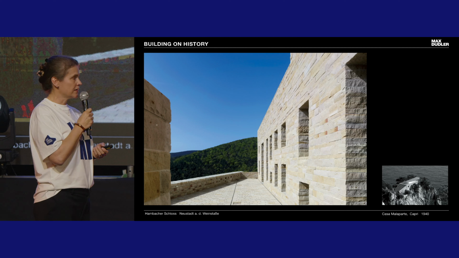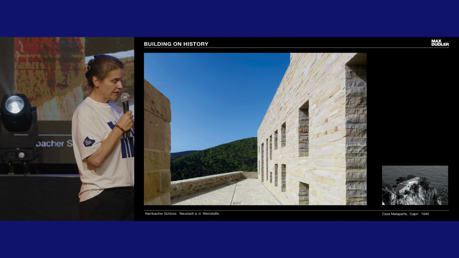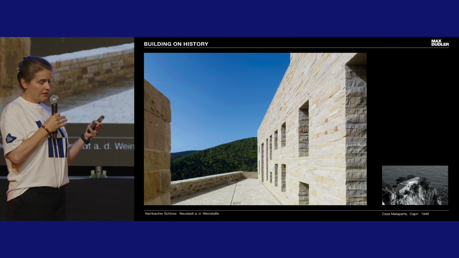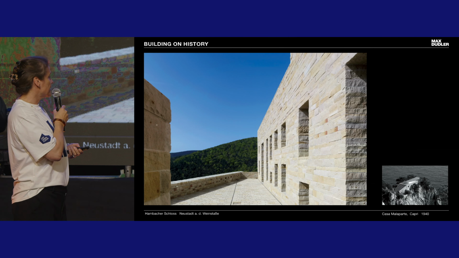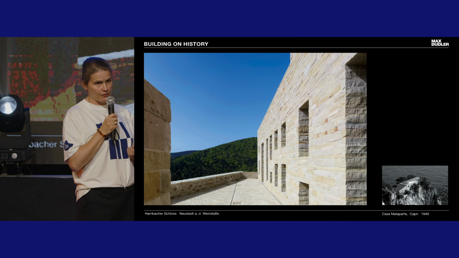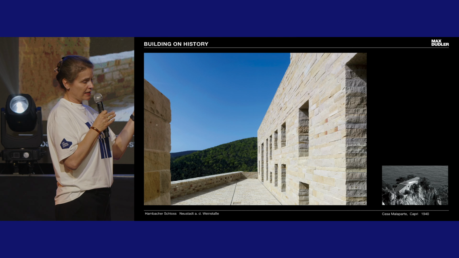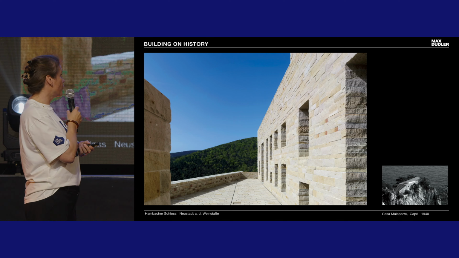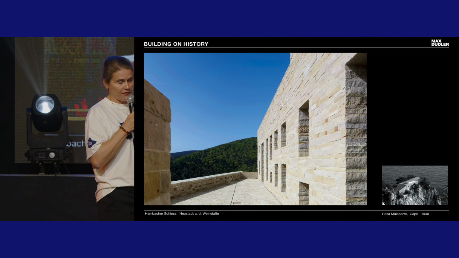Here you see the restaurant building. We did an analysis of how the theme of the wall can be the facade of the restaurant. We used a very light limestone, which is from the region and which is used in the castle as well, to give it a unified look. And we have very deep window openings so that you again feel the thickness of the defense walls.